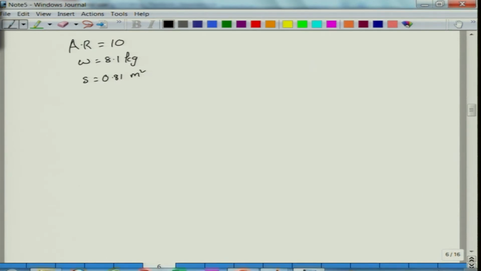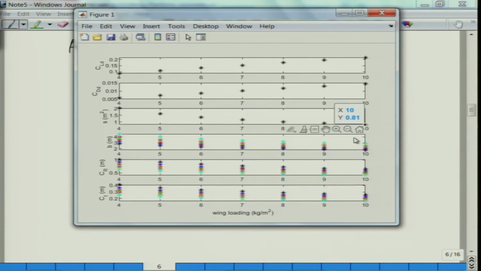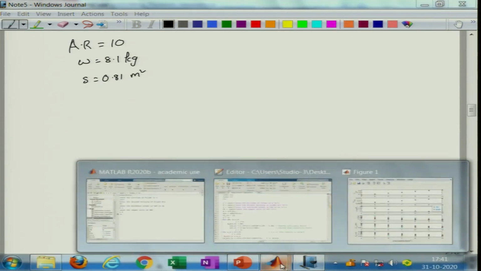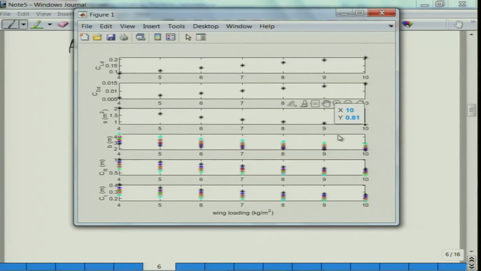No, this is for wing loading of 10, not aspect ratio of 10. I am sorry, this is wing loading of 10. So, the wing loading is W by S, it is 0.81 meter square, right. So, with this area and wing loading, by considering an aspect ratio, now the aspect ratio here varies from 4 to 10. So, for data 7 which corresponds to aspect ratio 10 and at wing loading 10 kg per meter square, the wingspan is about 2.84 meters,